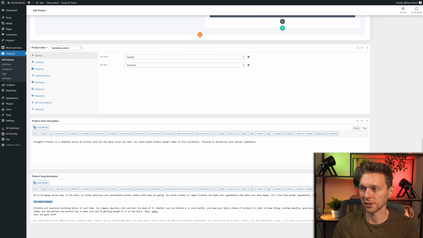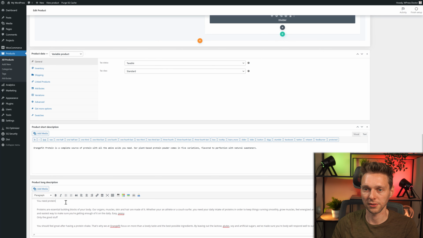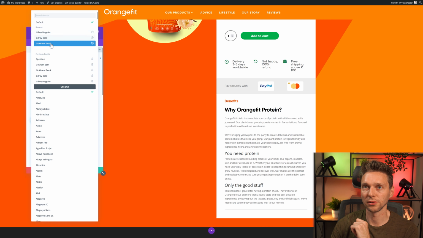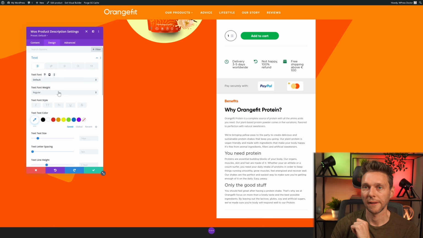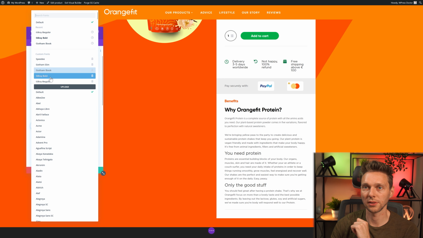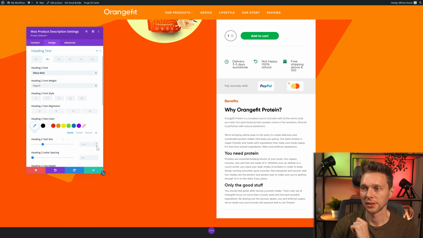And then the only thing you need to do is over here, you need to change the long description and make all these things like this an H2 and this one also an H2. And then like this, we're also going to change this to H2. And then when it's loaded, you can see that the H2 is actually well done. The text should be Gilroy book. But when I go to a heading text, the H2 should be Gilroy bold. And then we can make it a little bit smaller.